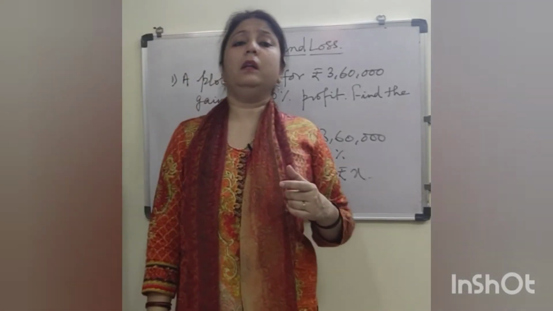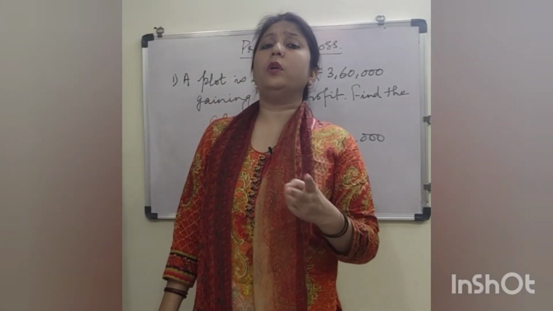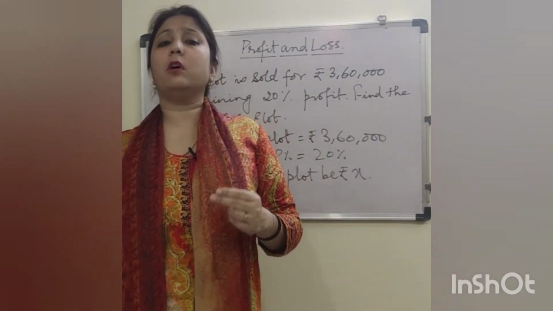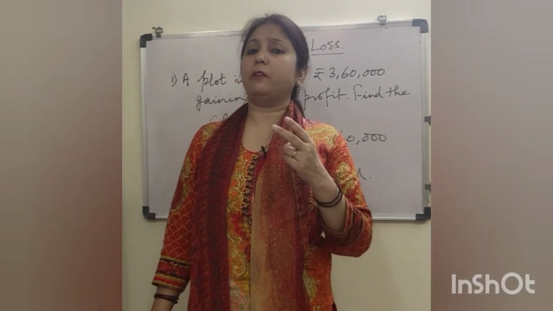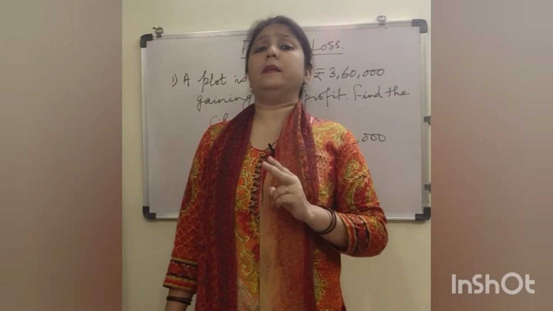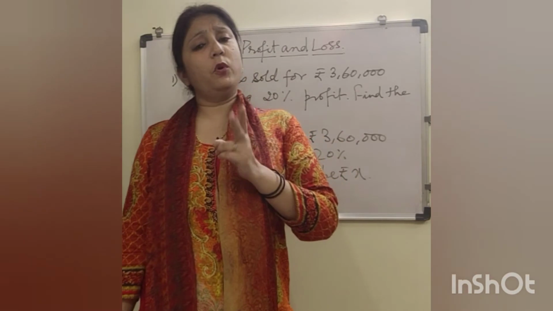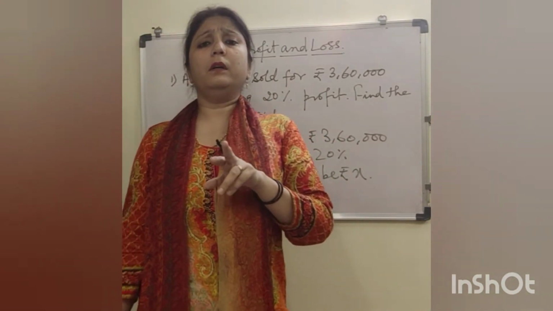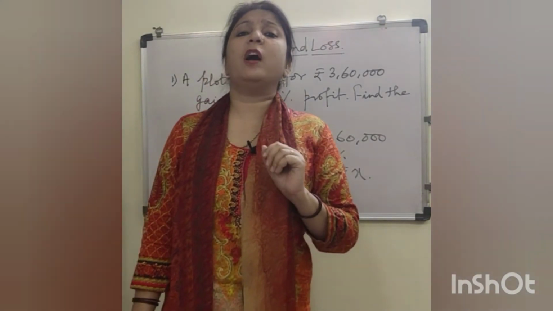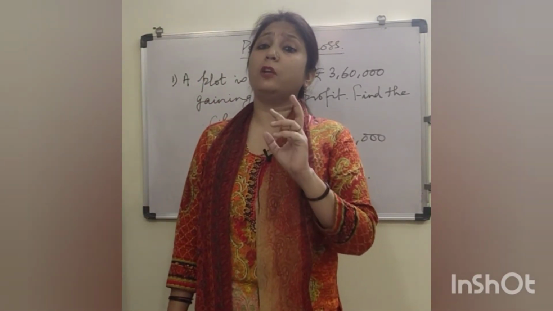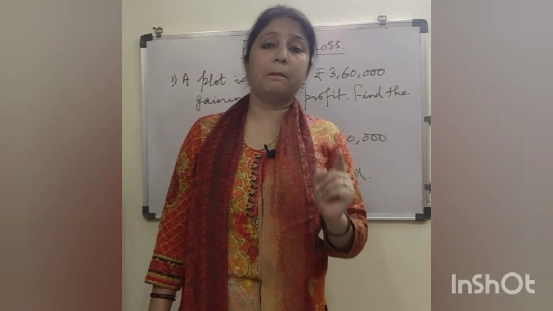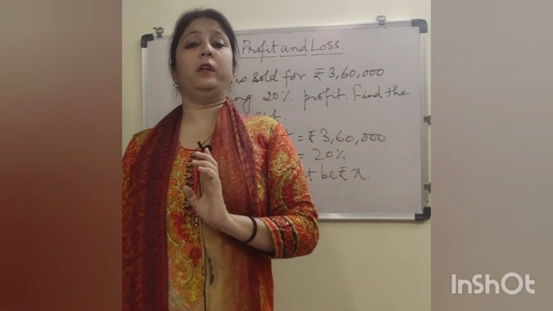Children, here I would like to tell you one trick. First of all, at the last I told you in the terminology two formulas. SP is equal to CP minus loss and SP is equal to CP plus profit. In that case, CP and loss, both must be in amount. If you have CP and profit, they should also be in amount. It should not be that one is in amount, one as a percentage.